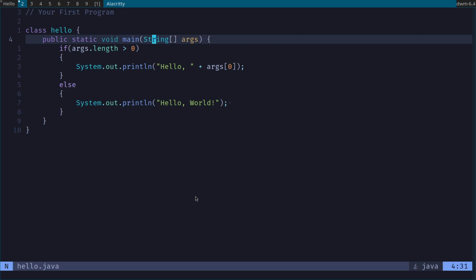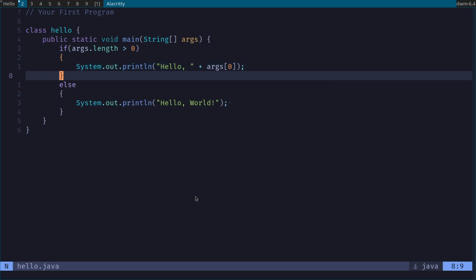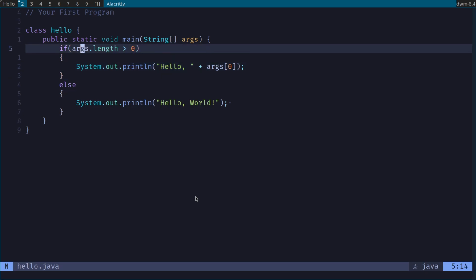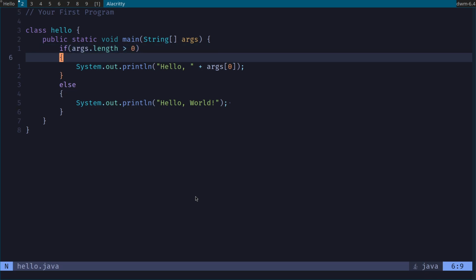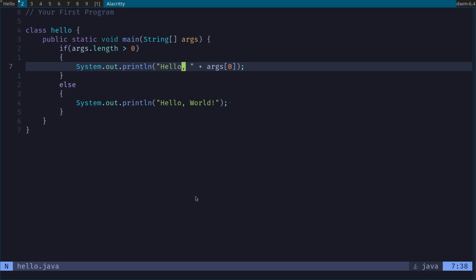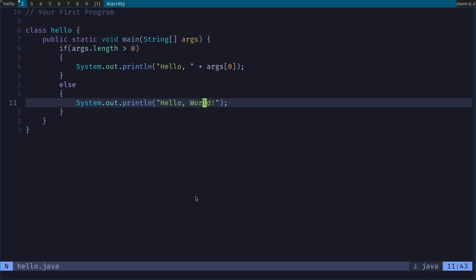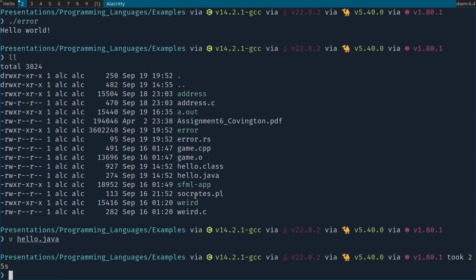Well, what is that args? Well, we can actually see what it does. So I have this if else statement here, args length greater than 0. I'm going to print out whatever args 0 is. If not, I'm going to print hello world. So when I run this program, first I would have to compile it.